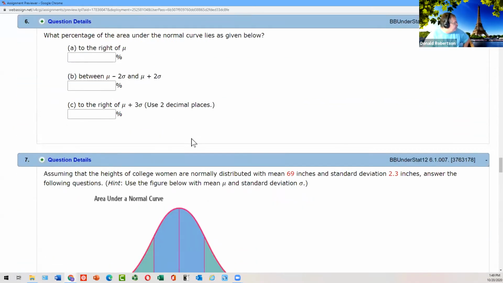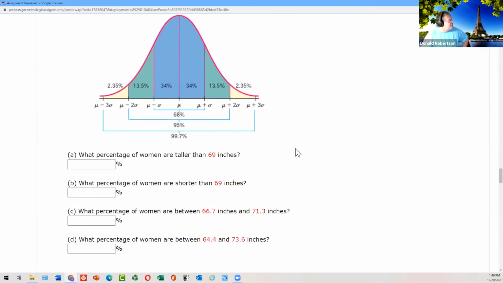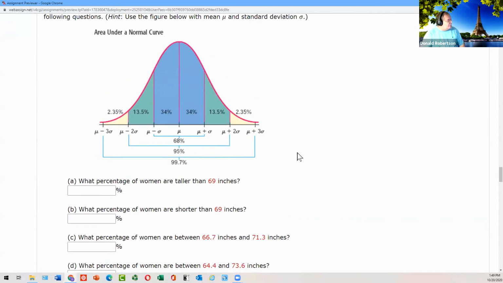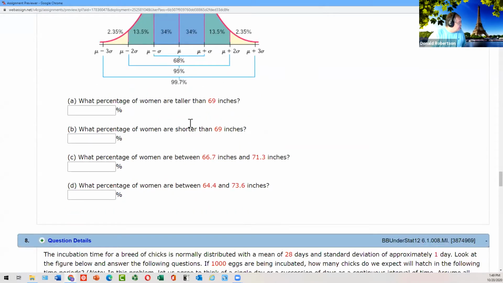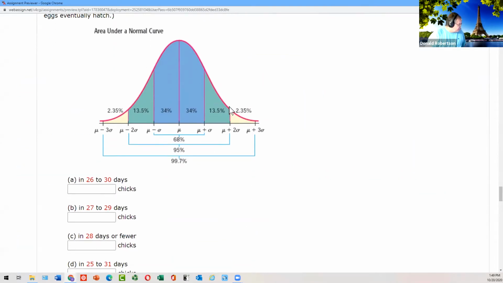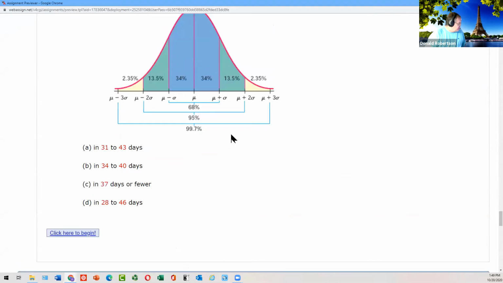And here's some more examples of that same thing. And there is that pretty picture that I can't draw. Can you see it's much nicer in color with all the details in there? When you're doing this homework, it might be a good idea, if you've got a printer, to print this out. It's just helpful for counting things. And it goes on and it asks you the same kind of questions I did. Here's another practice one. Here's a third one.